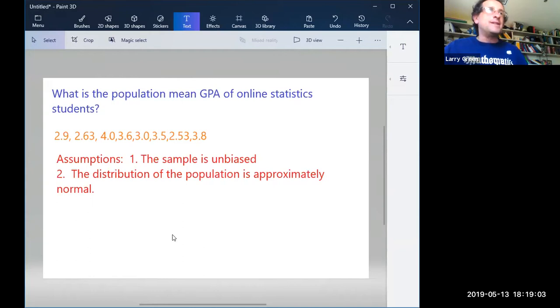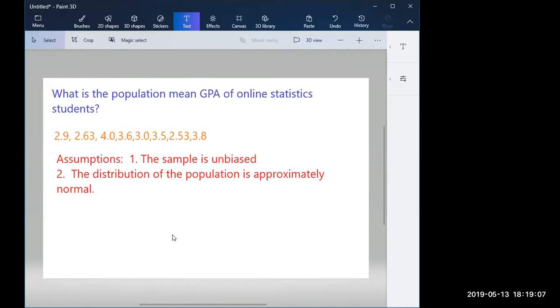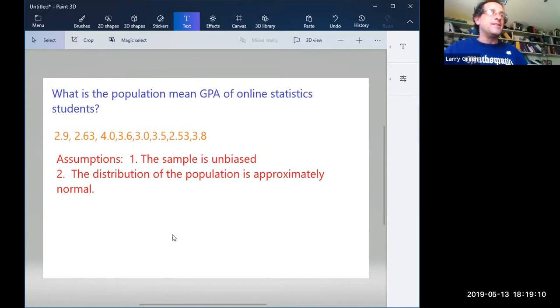For number 1, when you did project 1, you learned how to deal with that assumption. You can do a sampling technique that limits the bias. Does that make sense to everyone? And that's what you were supposed to try to do in project 1. There's always going to be some bias, but you do whatever you can to limit it. And that could be with a really well done stratified sample or cluster sample. Okay, simple random is usually impossible, but you could do unbiased samples. I did not on this one because I just asked you guys.